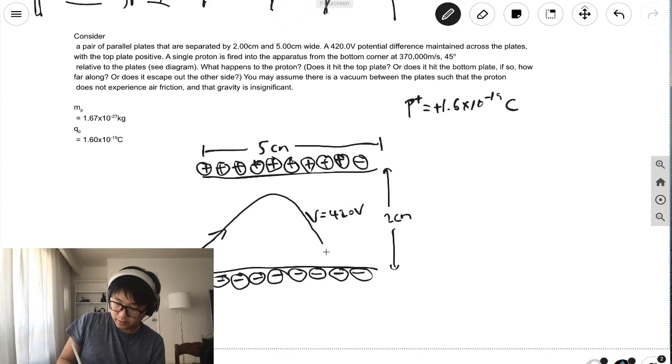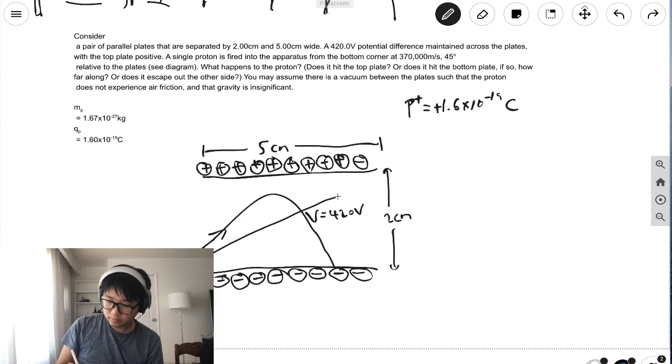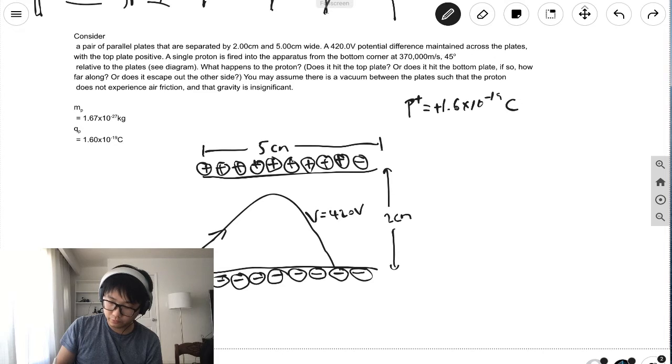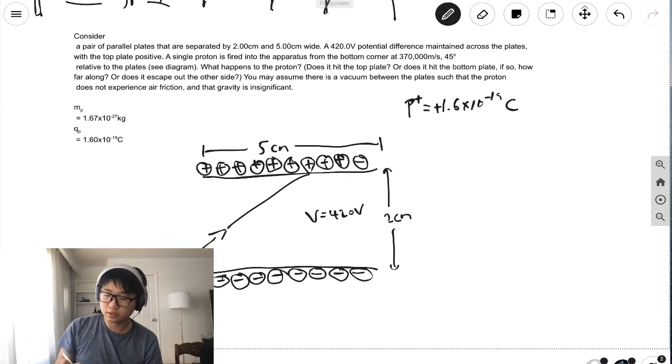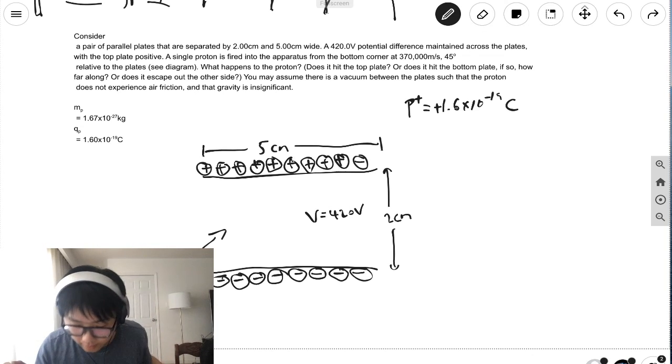being pulled back and hit the negative plate, because the forces are basically going down this way. Or you can have it being pulled not soon enough, so that it travels all the way out of the plate first, which gives you the 5 centimeters right there. That's what that's for. Or the third option is it's not able to decelerate enough and crashes into the opposite plate first. In that case, there's going to be another type of force that applies to it,